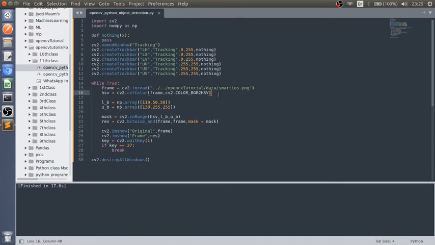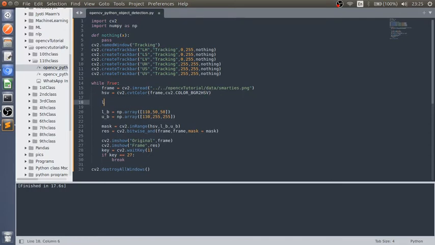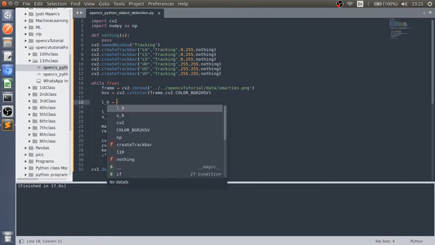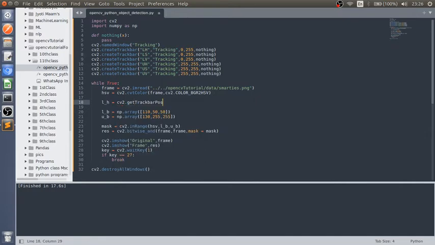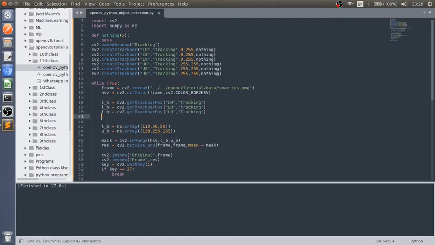So let me fetch a variable, lower hue value: cv2.getTrackbarPos, LH, comma, the name of the tracking window, tracking. Let me copy this again.